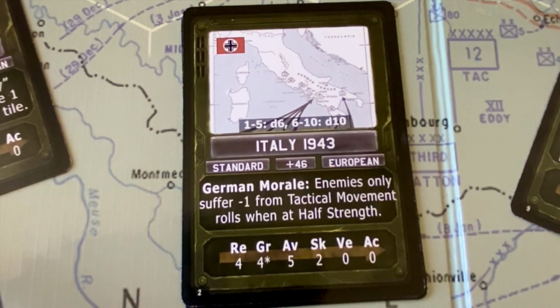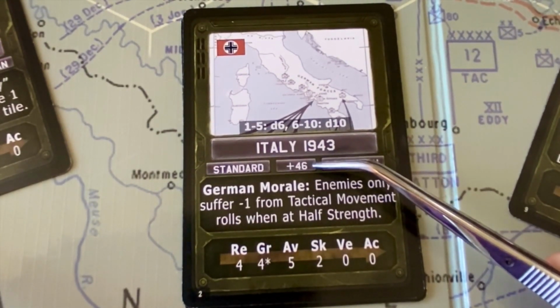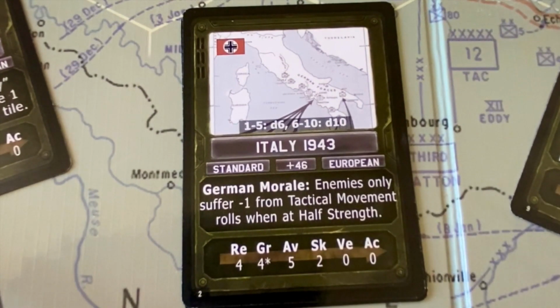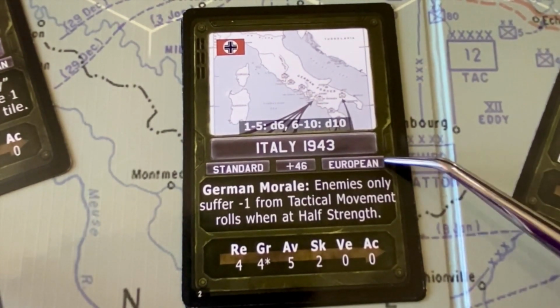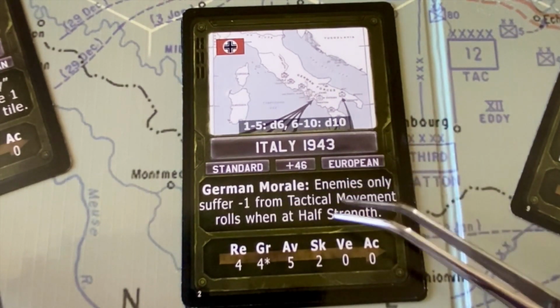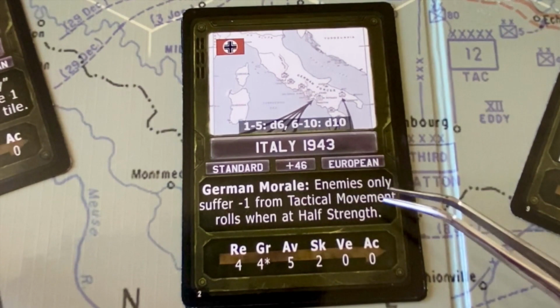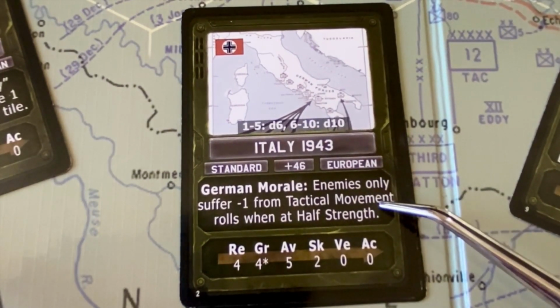And one of the things to note is that one of the ways to lose the game is if we run out of these special option points. So we want to be very careful how we use them through the course of the game. This tells us the theater. This has a special rule, which is that the German morale, enemies only suffer -1 from tactical movement rolls when at half strength. So that's going to make the enemies a little bit more aggressive as we fight them on